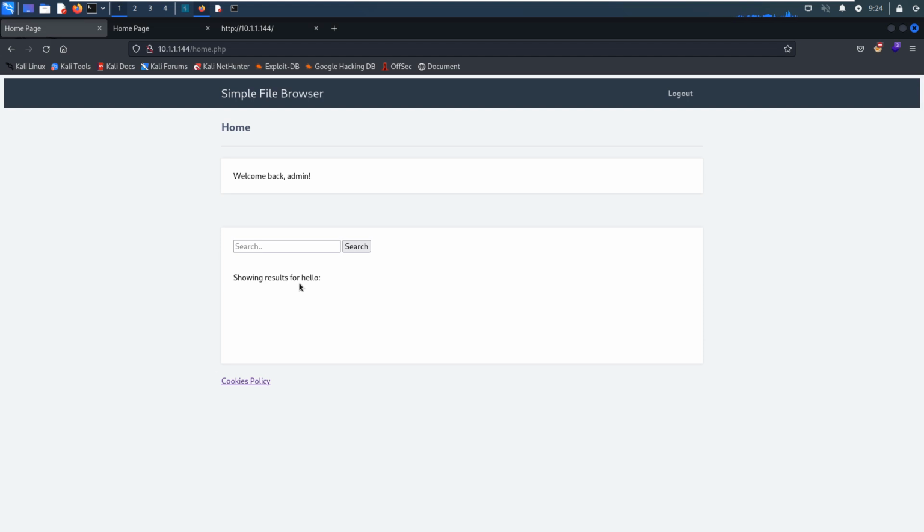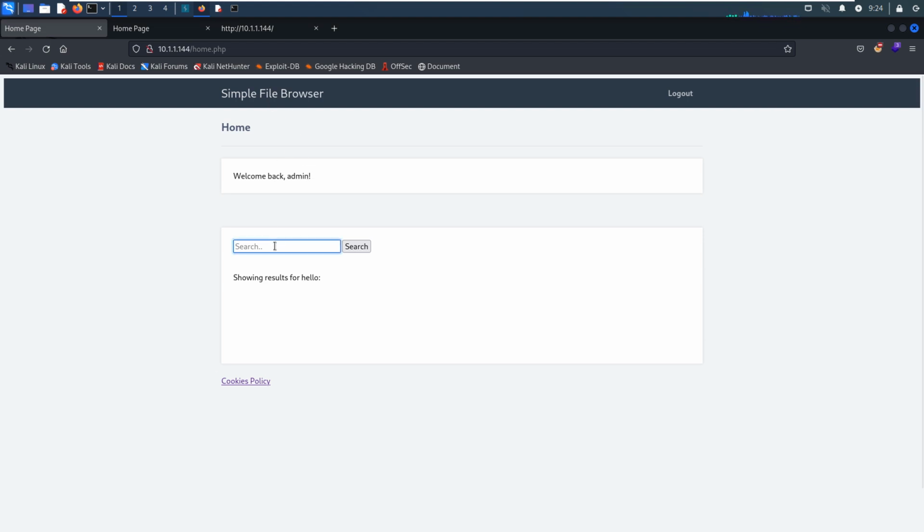So a bit weird. However, if you notice the information at the top, simple file browser. So the title of the page itself has already told us what this page is used for. Maybe we can browse files, okay?